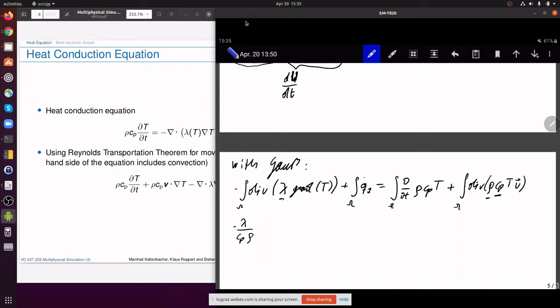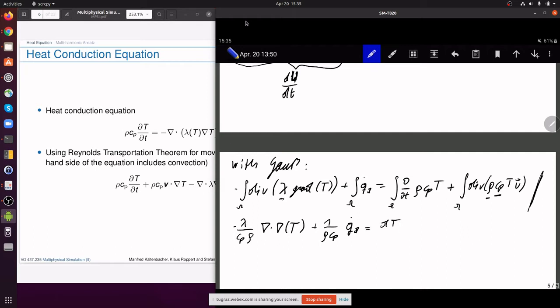We want to get rid of this integral, which is not a big deal since we can assume that this formula has to hold for every infinitesimally small volume element. So we can write it in differential form, and then it is simply the divergence of gradient T. Maybe I'll switch to Nabla notation. So we have the divergence of gradient T plus 1 over rho Cp Q dissipative power losses